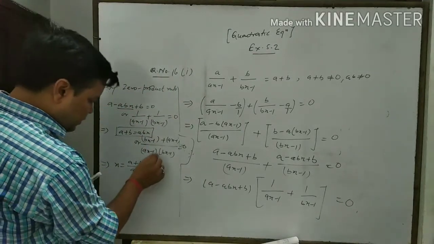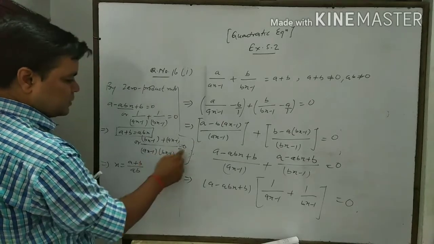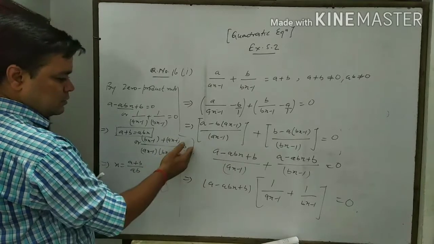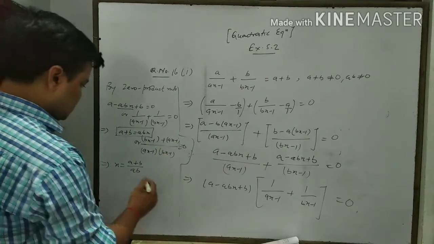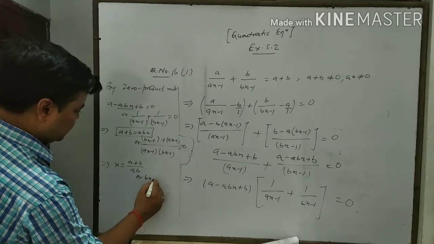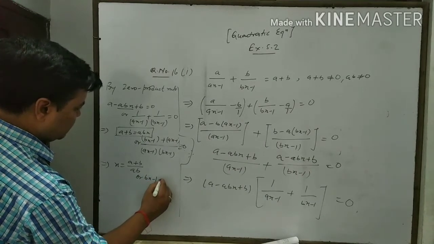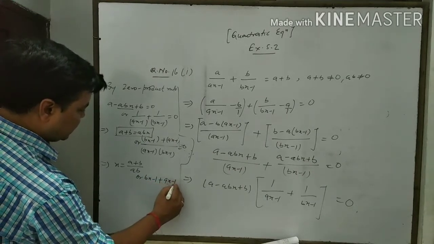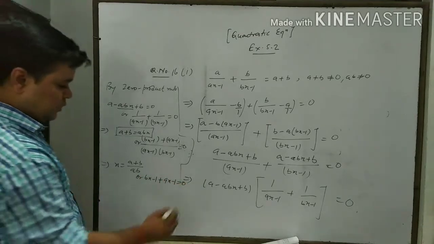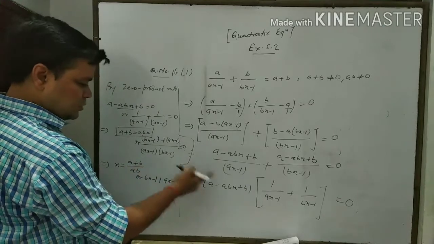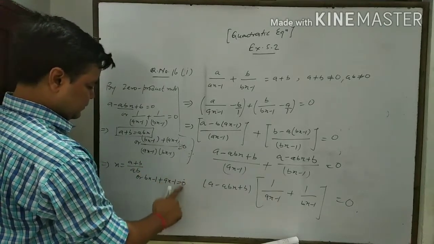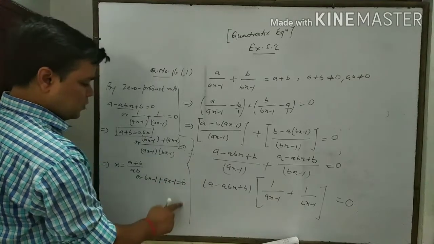And here, if we multiply this by 0, it gives 0. When this is transferred to this side, it gives 0. Or we can write here bx minus 1 plus ax minus 1 equal to 0. Why? 0 into this value, finally its value will be 0. I hope you understand.